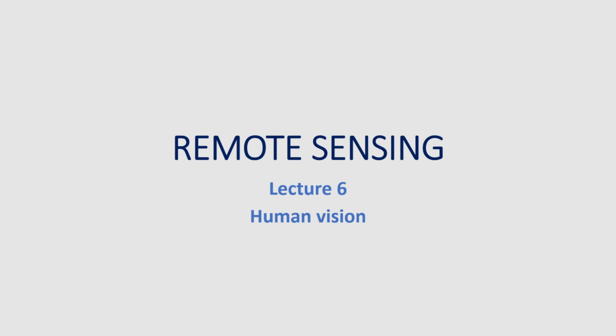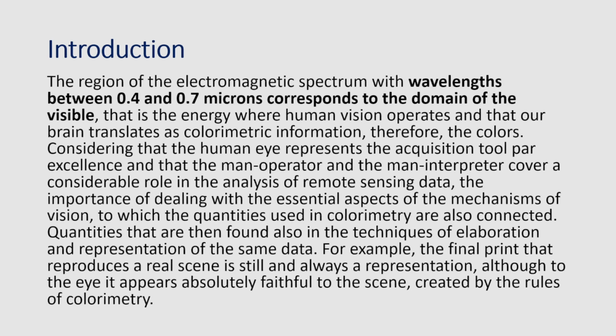The region of the electromagnetic spectrum with wavelengths between 0.4 and 0.7 microns corresponds to the domain of the visible, that is the energy where human vision operates and that our brain translates as colorimetric information, therefore, the colors. Considering that the human eye represents the acquisition tool par excellence and that the man operator and the man interpreter